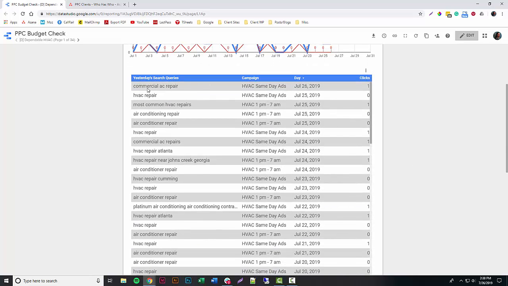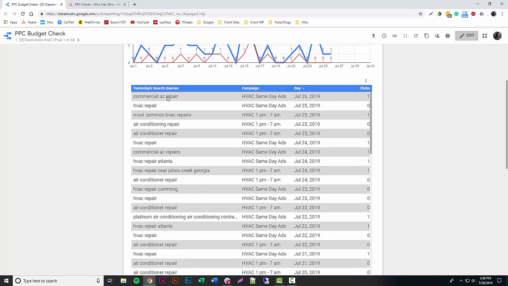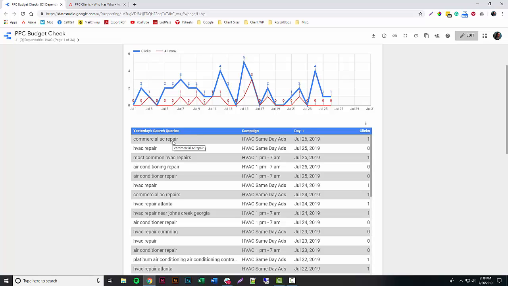This chart right here will show you all the search terms that somebody searched for and our ad came up. What we want to do is look at the previous day's terms. So today's the 26th, so we'd go through and look at all these for the 25th. And if there's anything that comes up in these search terms that you know the client does not do, we